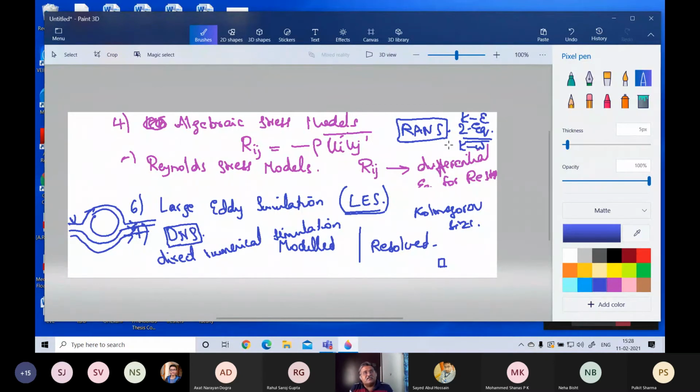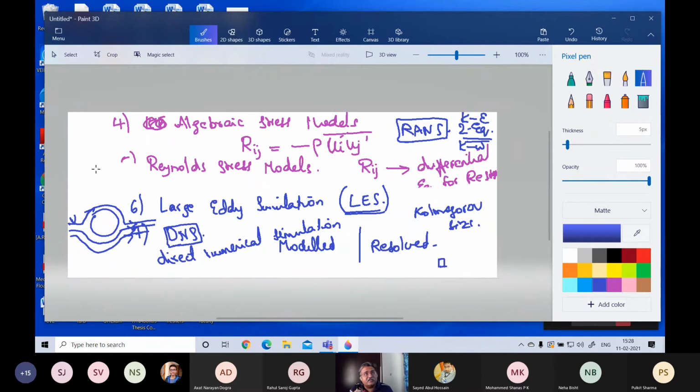If you compare with the RANS model, what you get is a mean flow, a very averaged, smoothened out flow. For any simulation you run, you get a very smoothened out result. The whole area will be smoothed out, so you are not getting that kind of turbulence. But if you run DNS for the same thing, you will see that the whole thing is extremely turbulent, extremely fluctuating, and all the fluctuations can be properly captured.